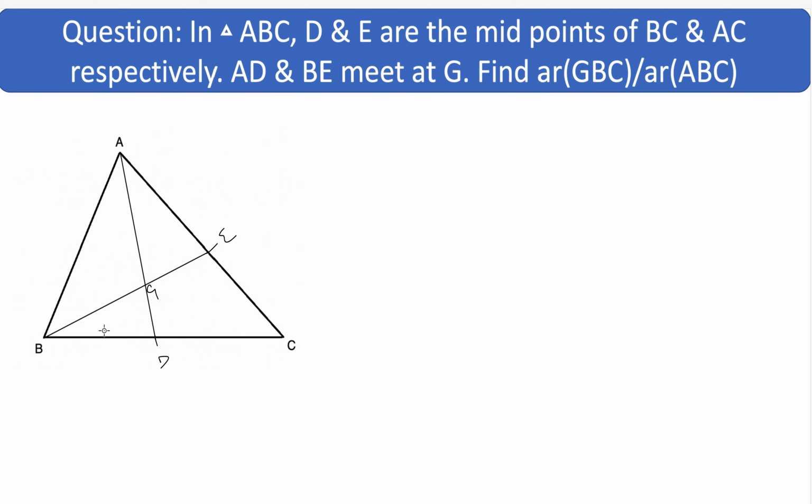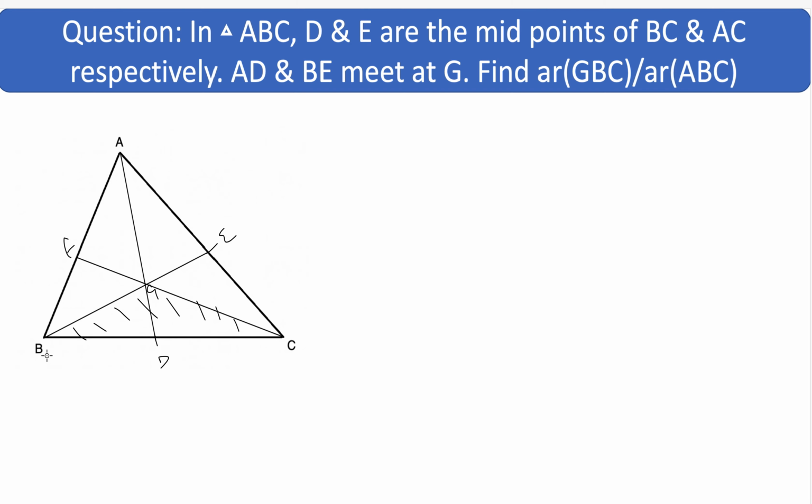GBC. Let's draw the triangle GBC. Let's draw the full median, in fact. Okay. Let's name this point F. This is the median. G is the centroid. They're asking us the ratio of the area of triangle GBC to the area of the entire triangle. Okay. How to calculate this? There are two ways to do this. Let's discuss the very easy way first.